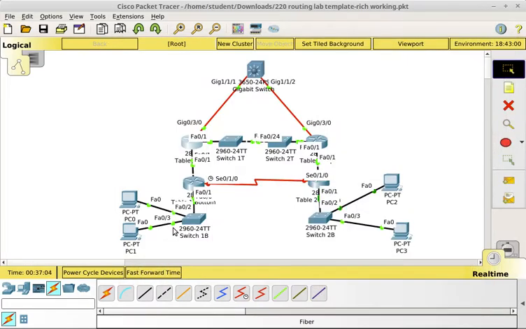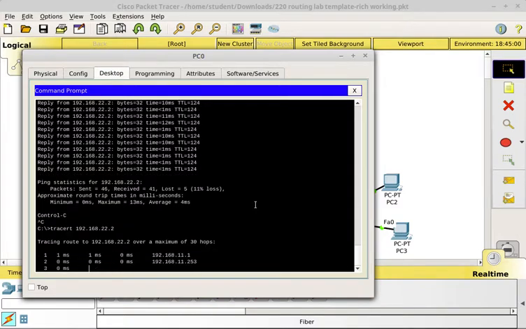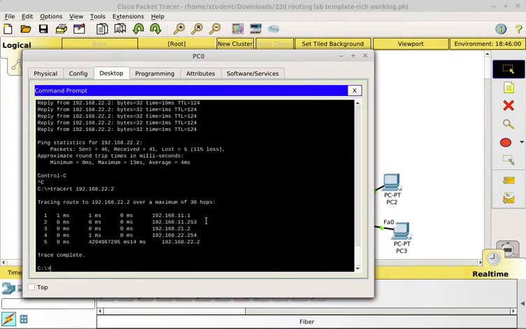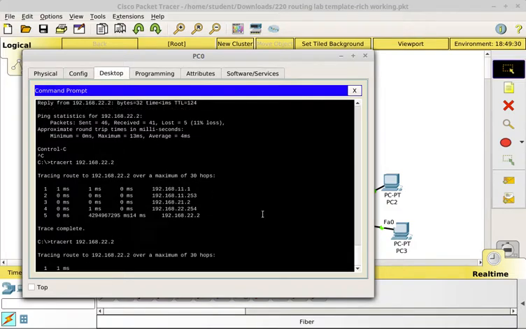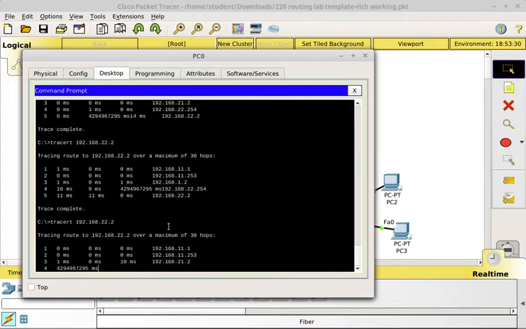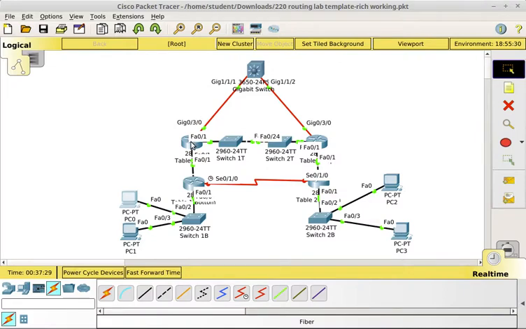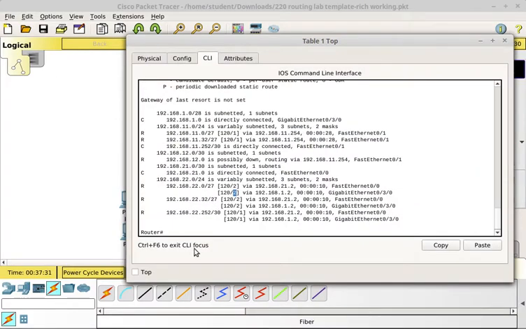So we'll do traceroute on our PC to collect that for submission. So this confirms what we saw by looking at the routing table. You know, 11.1, 11.253, 22, 21.2. If we run it again, we might get different results. Oh, check that out. This packet went a different way. So that's kind of cool. We're getting different results because we have multiple routes. So again, at this point, you want to go collect your show IP route output, copy and paste this in